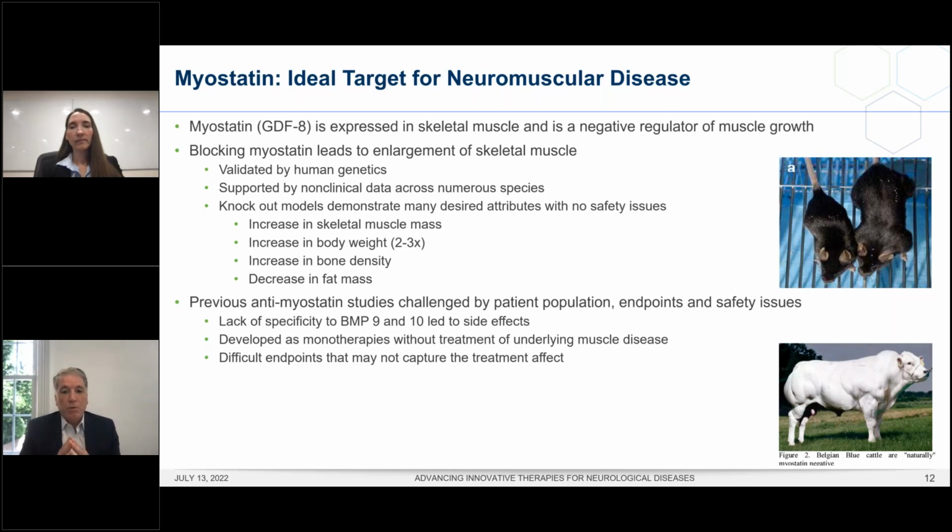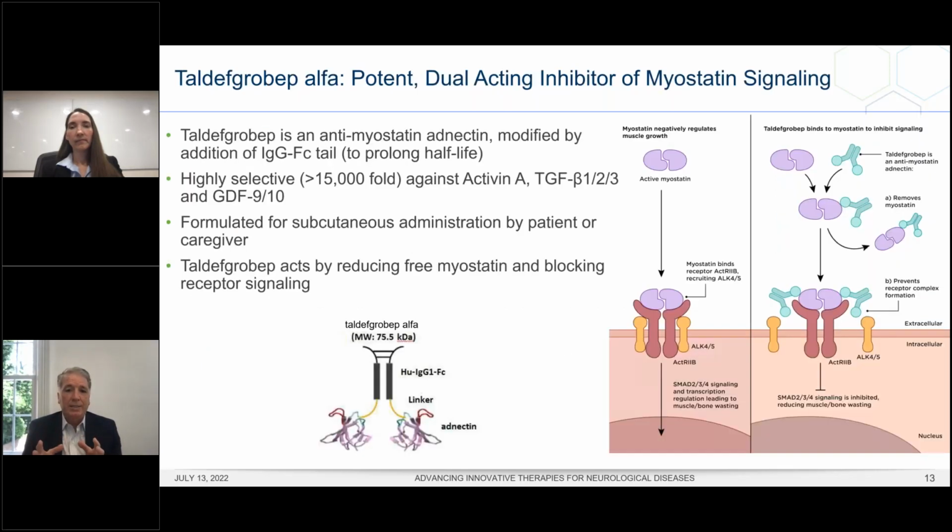Today, we're going to talk about taldefgrobep alfa, which is designed to specifically block myostatin activity, stopping that negative regulation, or in essence, taking that brake off of the muscle. So taldefgrobep is an anti-myostatin adnectin. What that means is that it's a fusion protein, or a reconstructed protein, that is specific to binding a